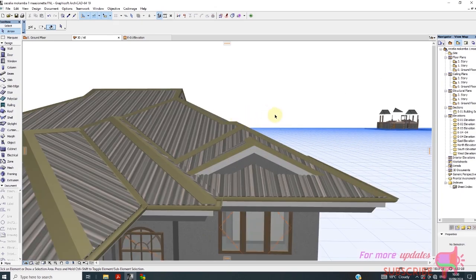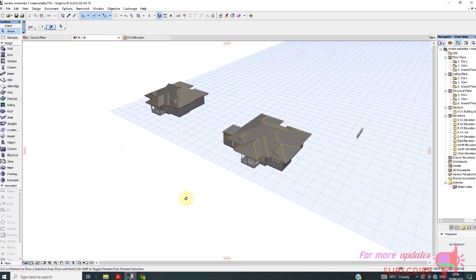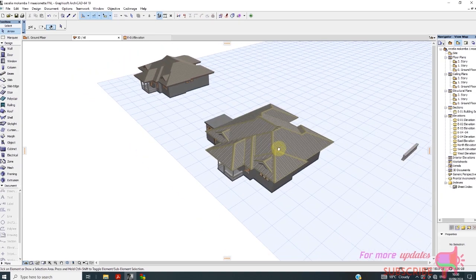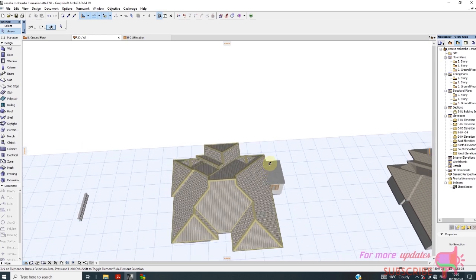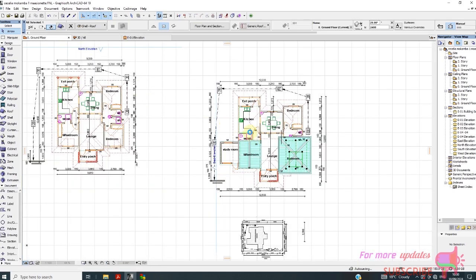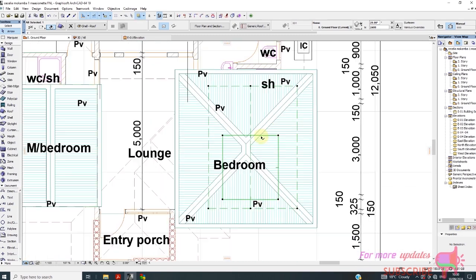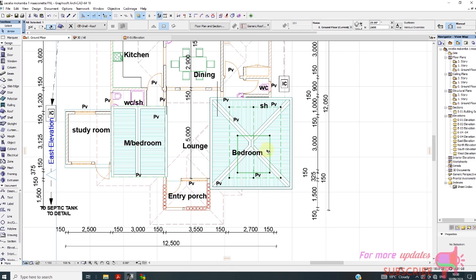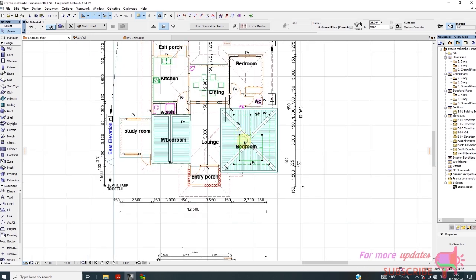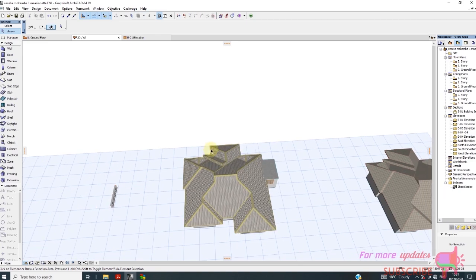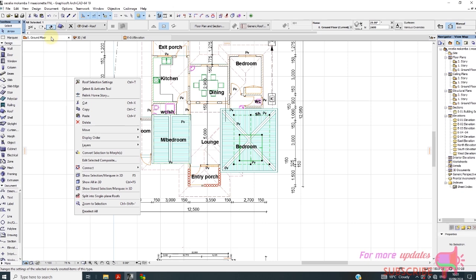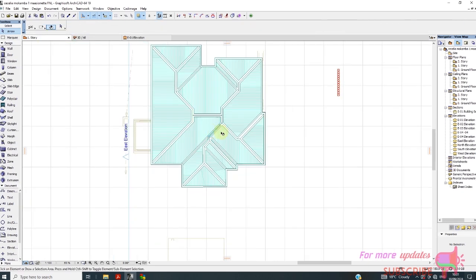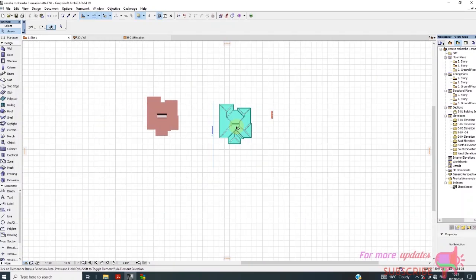Now you can see the difference between the two roofs. And now if you go to the plan view, you will be able to see, let's go to 3D. So I want to move to story 1. You can now see this roof is so